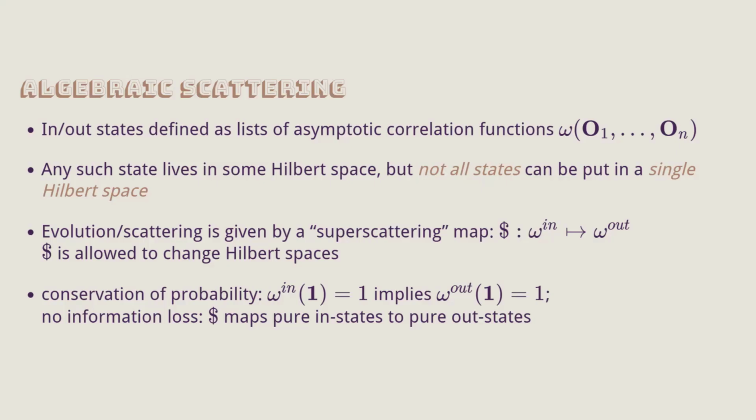No. Right now, what I'm considering only is if I'm given an in correlation function, so an in state, that's how you would call it. So you have data of correlation functions on past null infinity, and you have data of correlation functions on future null infinity, but no cross correlations. No cross correlations, yes. And then you're asking, if I know the in data, I can calculate the out data. And that's what you call this super scattering. Yeah, it's just a way to distinguish it from S, but you could use any symbol here.